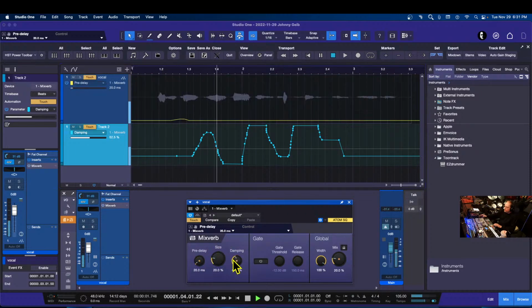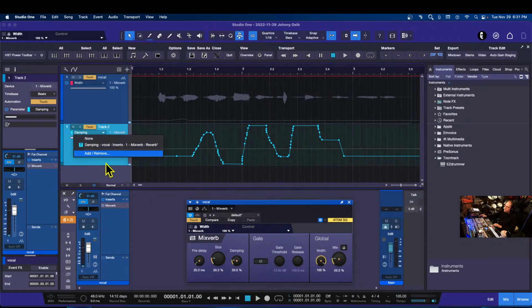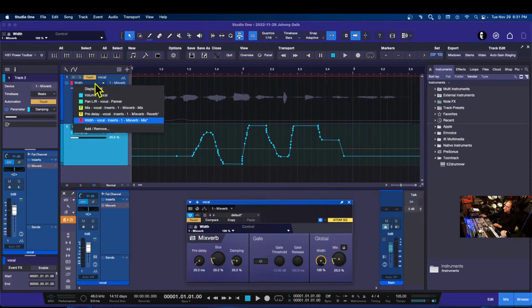1, 2, 3, 4, 5, 6, 7, 8, 9, 10. Oh, there you go. So yeah, all I had to do was touch them. Where did it add it to? I think it added it to this one. Oh, it added it up here. Okay, so you would use the hand to create automation lanes away from the track that you're automating. But I think what I'm going to do here